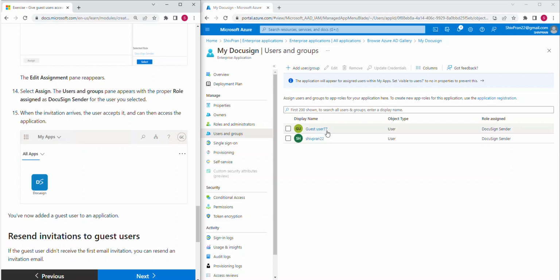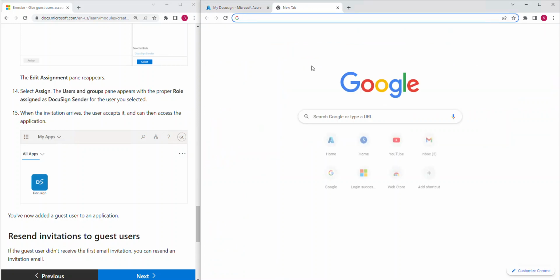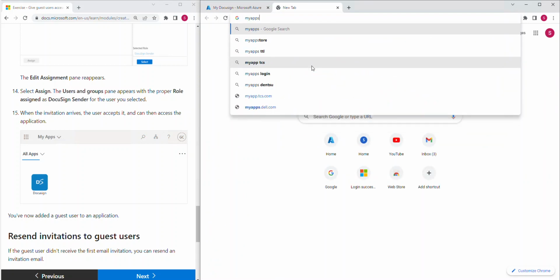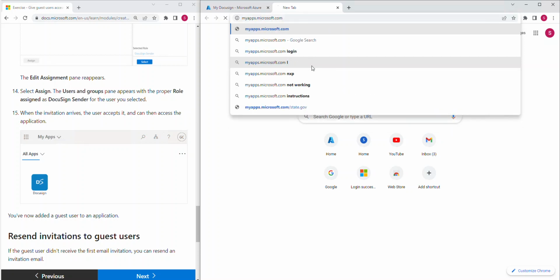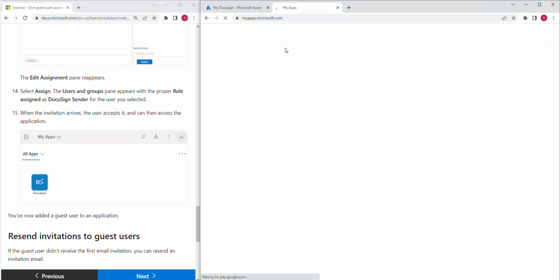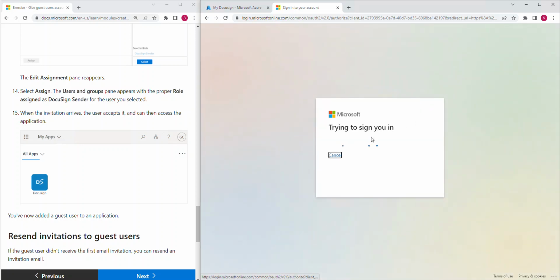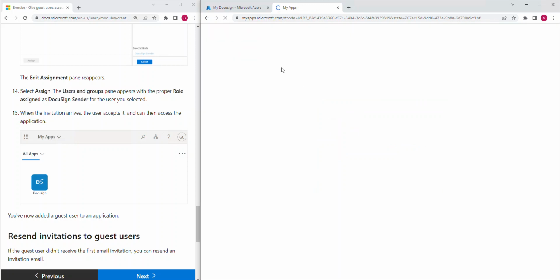In this case, since we did not use the correct email address, we will not be able to test it out. So that's why I have provided access to my own account. What we can do is open a new tab and go to myapps.microsoft.com. Okay, so this is the main portal where we can see all Microsoft applications which are assigned to us or assigned to you. We can see and access all the applications from this one single portal,